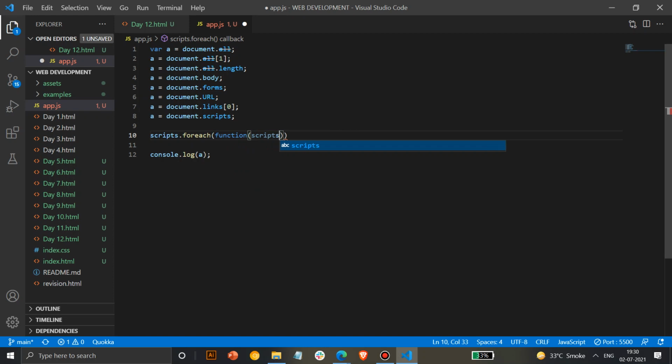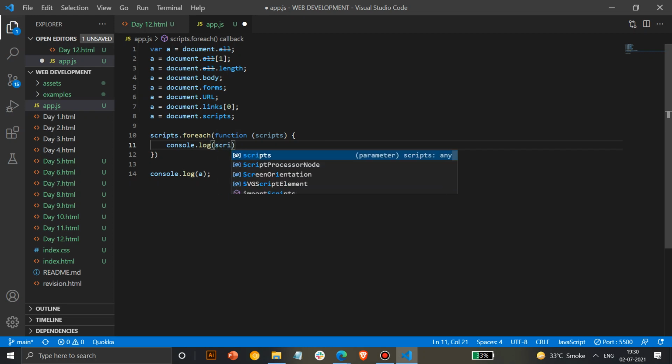I'll access scripts. Sorry. And then inside this you can write whatever. This is a function code that you have to follow, and for each function you will perform an operation for a particular script. So this is the number of parameters that you have to put. You can add any number of parameters you want. If you want to delete any, you can do the same here. You will get a lot of specific functionality if you want to add or remove specific parameters. Then we will console.log scripts.